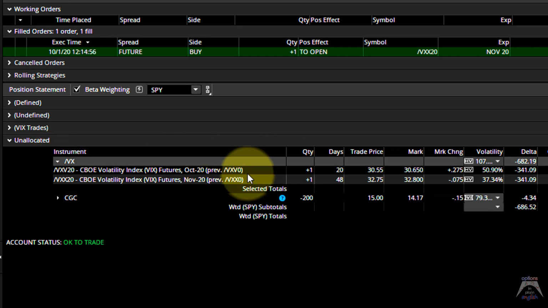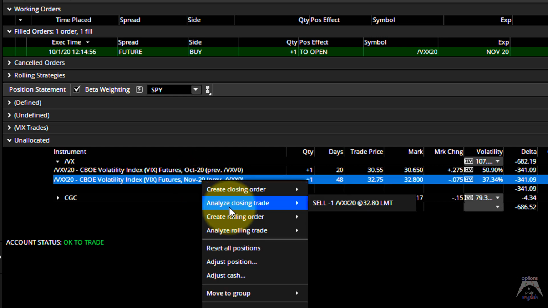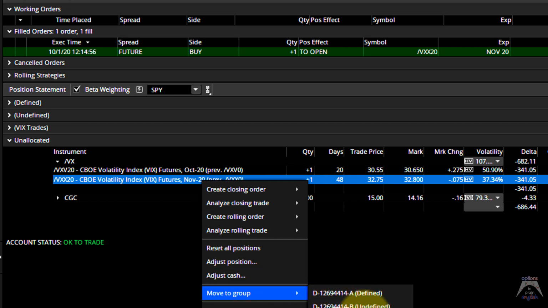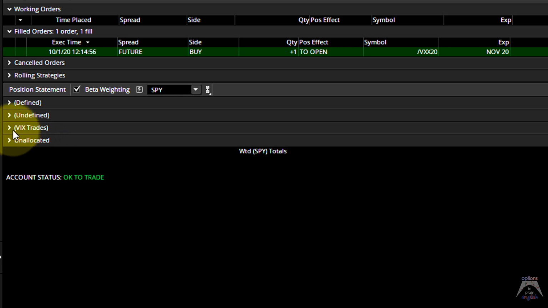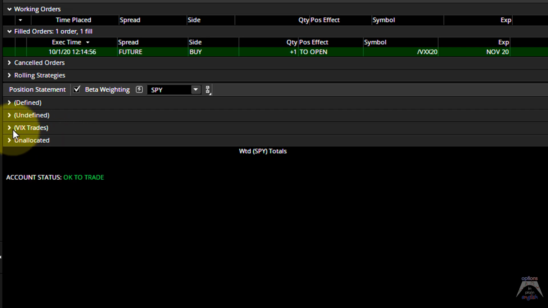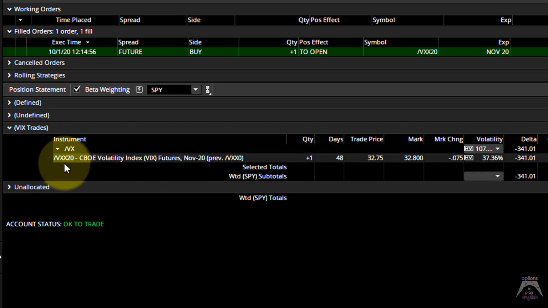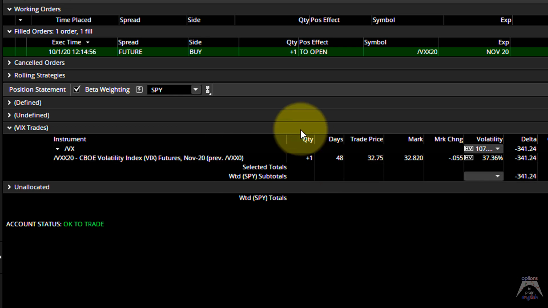And I have a previous position. So what I'm going to do is move it to this group so that we can take a look at it on its own. So this is the trade that I just put on, and it is /VIX. I have this future, the November future. I bought one